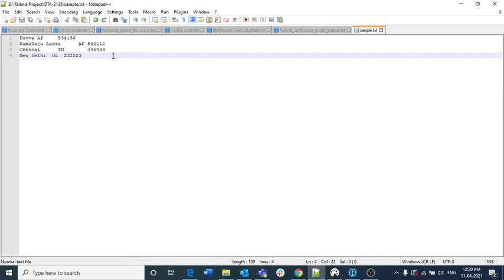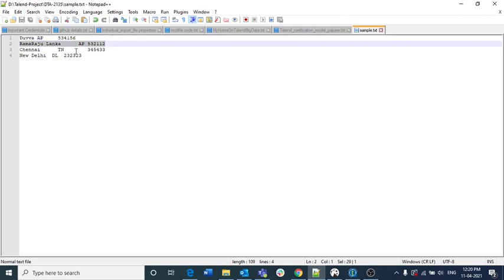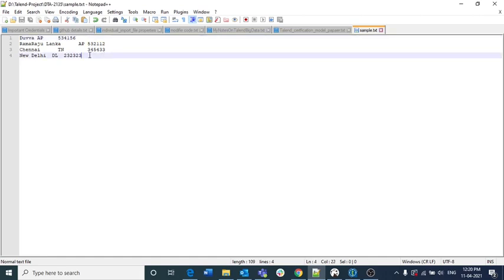Suppose let us assume that your column has a total of 30 characters, so the column size is 30 characters, and inside those 30 characters you can get the values in any type of format. You can get multiple spaces at the start, only a single space, and you can get multiple spaces at the end till the 30th character.